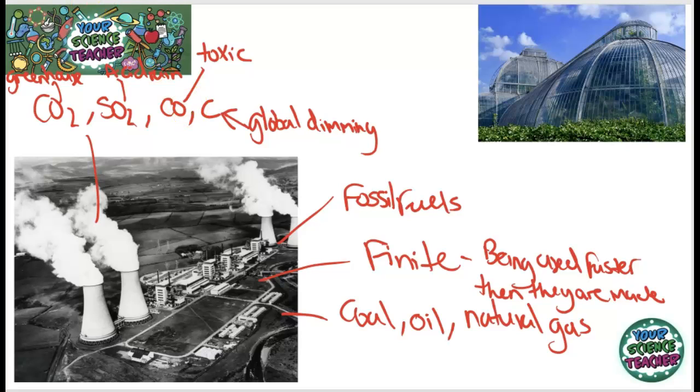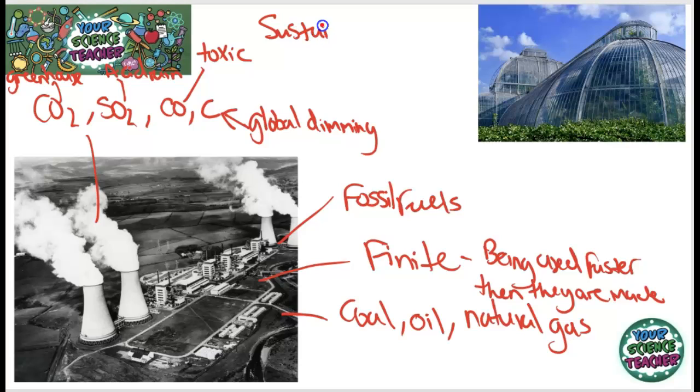In addition to the fact that these energy resources are running out, another problem is that we have a growing population, so the demand on these energy resources is greater as well. So in this topic, we're going to look at ways that we can try and meet our energy demands sustainably. But what does that word mean, sustainable?